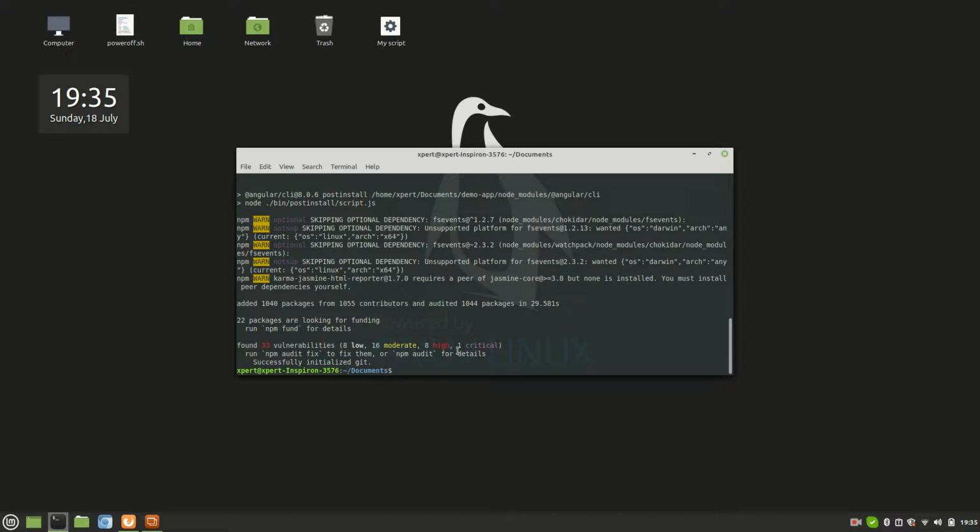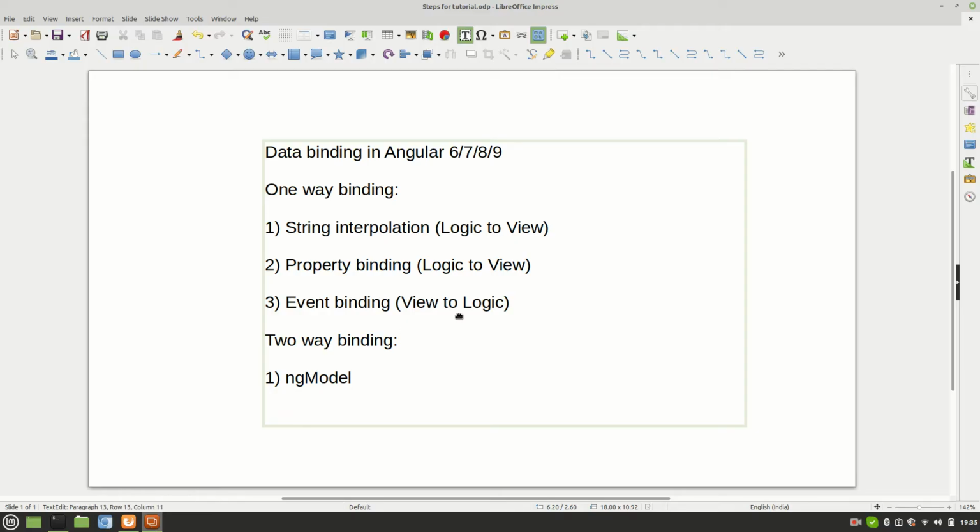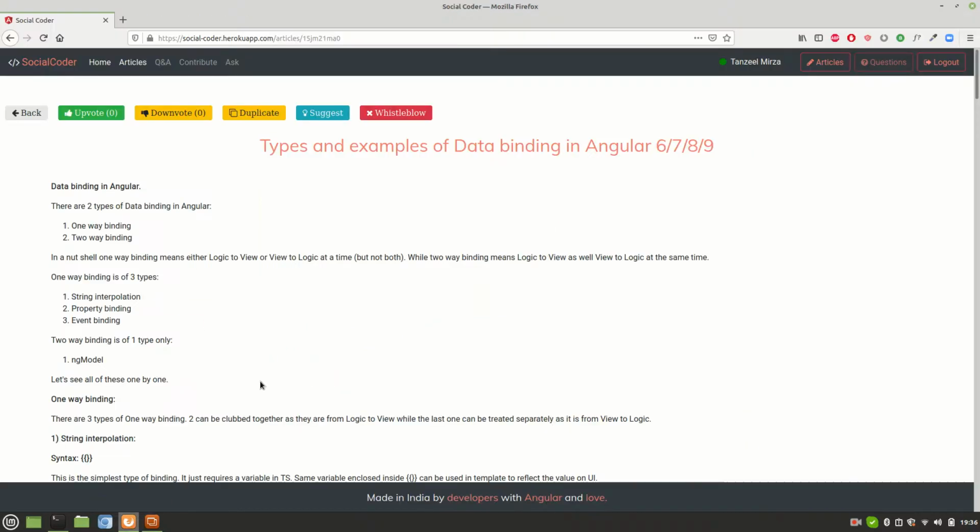Before we start coding, I wanted to tell you something. I do not have any video right now on these three, that is the one-way binding. I do not have any video on these, but I have written an article. I'll show you that. I have discussed one-way binding and all the bindings in great detail in this article, so I'll add this link in the description also.